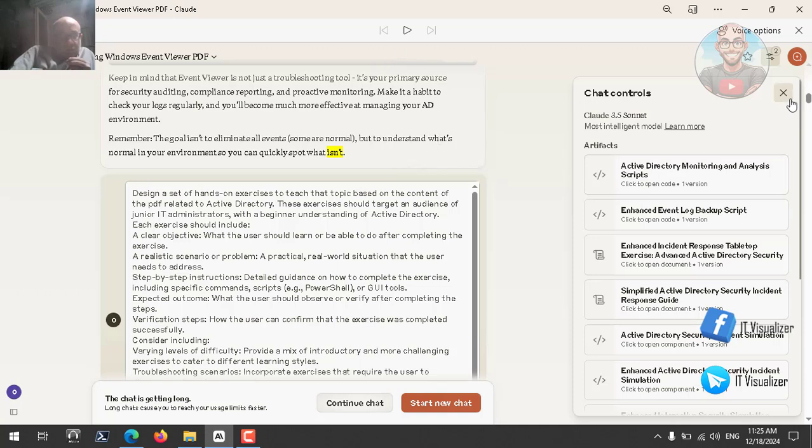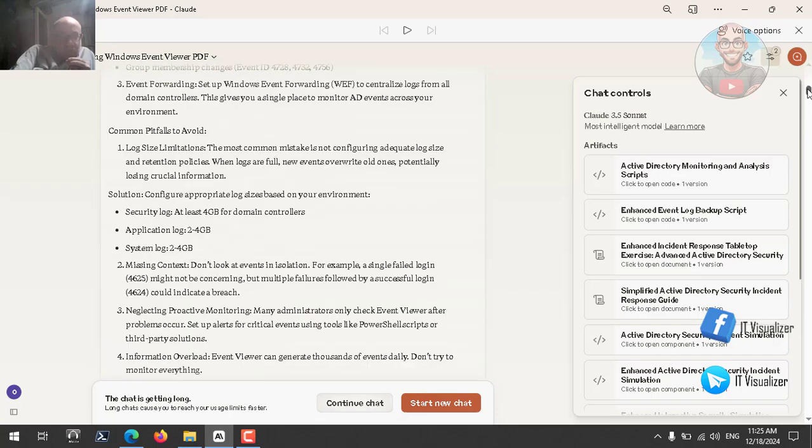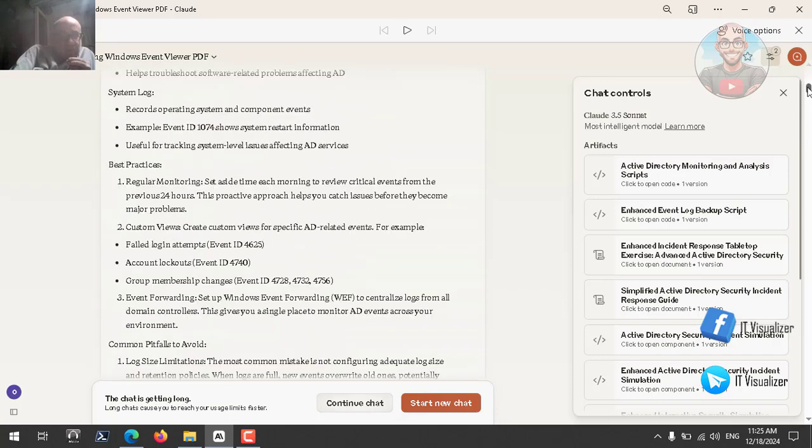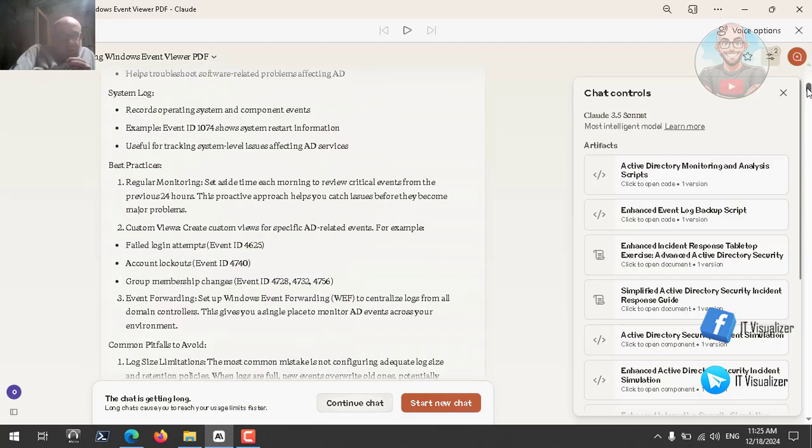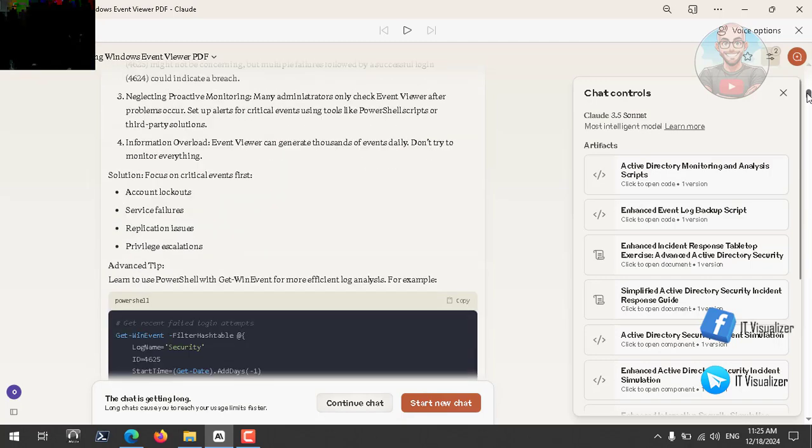So as we can see here, this is a very good answer and actually more detailed than ChatGPT. It contains a lot of useful information and even some PowerShell scripts on how you can get events